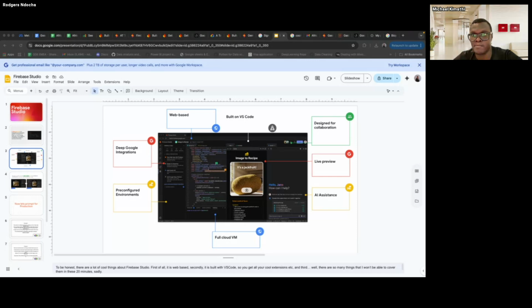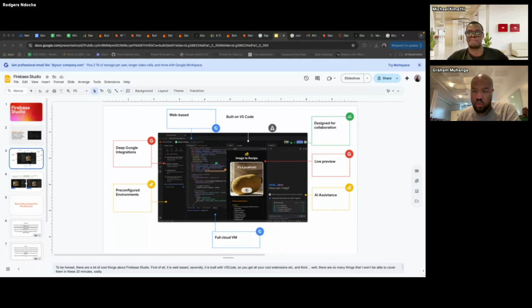I think for now, if I'm not wrong, no, because right now the environment I see for vibe coding is for vibe coding web applications. I'm not seeing any for mobile application.